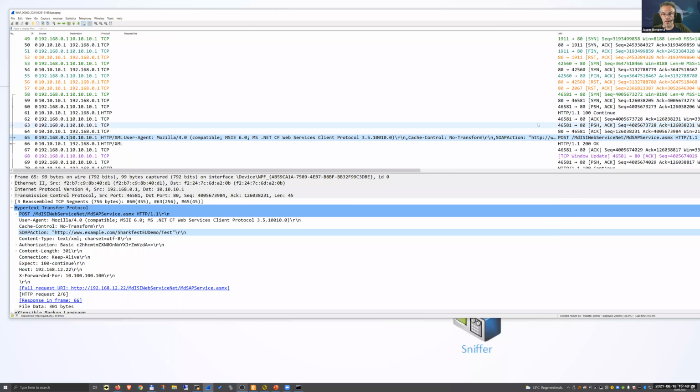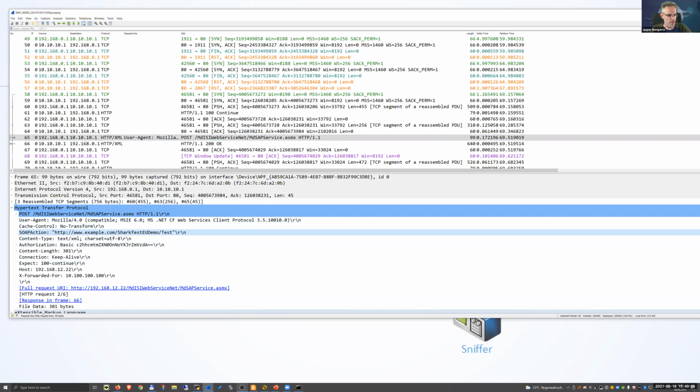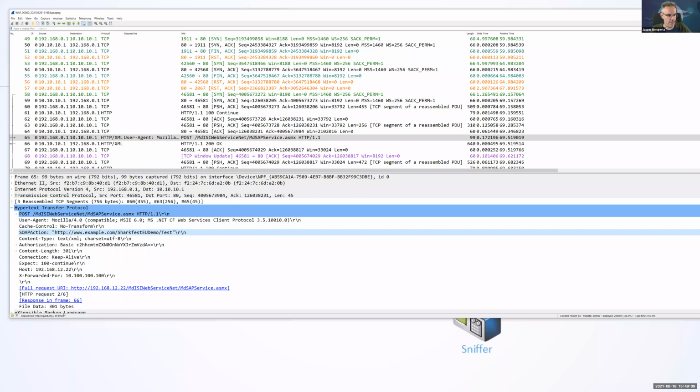So the SOAP action is something that it doesn't know. So I can't create a column that only contains it, which is a problem because I only want to see this one and I don't want to see the user agent, because you can see here, it has the same request line. It also says HTTP request line if I click on that, right?